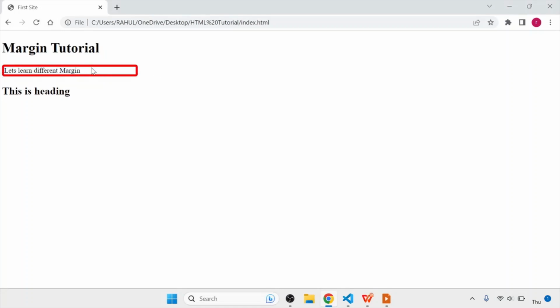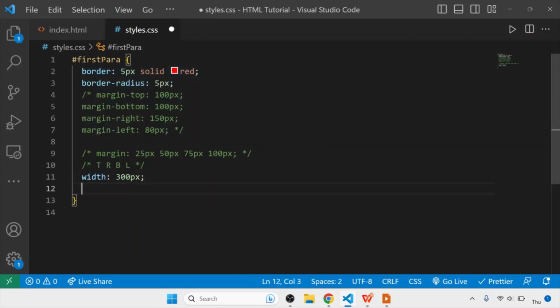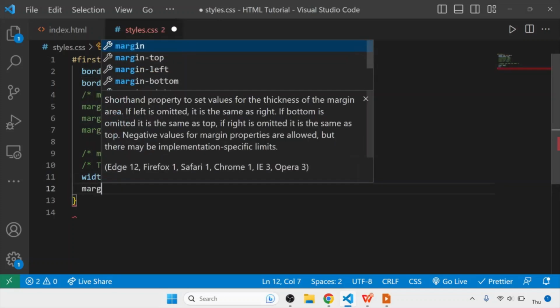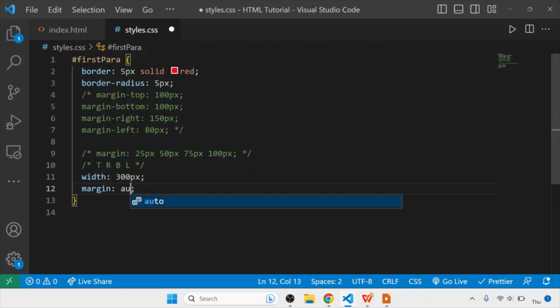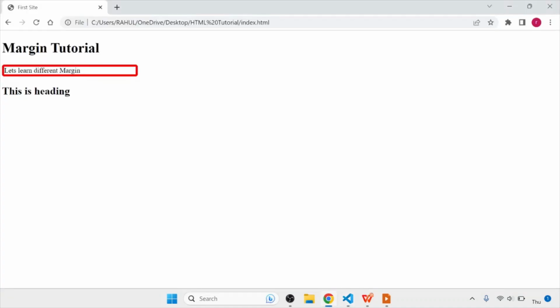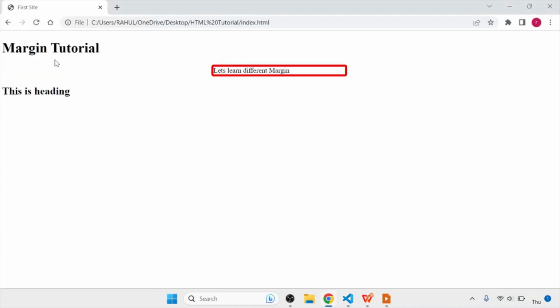Now I'll apply margin over this. I'm going to write margin: auto. This margin auto is very important because many developers and CSS designers are confused by the auto value. Once I refresh it, you can see the entire content is set in the center.